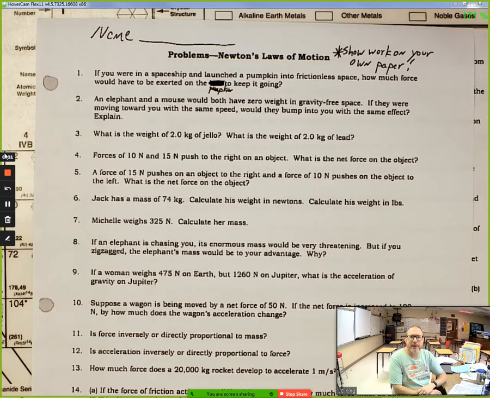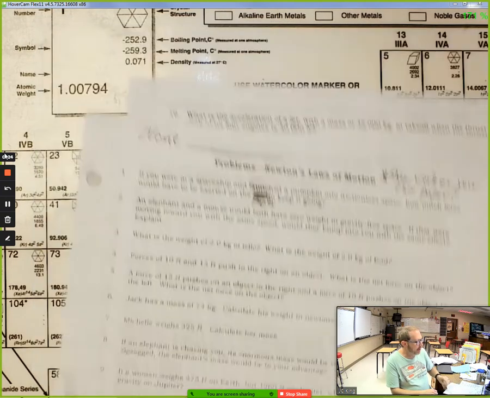Morning, everybody. Today we're going to be looking at Newton's laws of motion, and in particular the second law, although there's going to be some stuff in here about all three. The second one we tend to focus on more when we're doing math problems because it's got math built right into it. And just before we get started, I'm going to flip over on the back of my paper here,